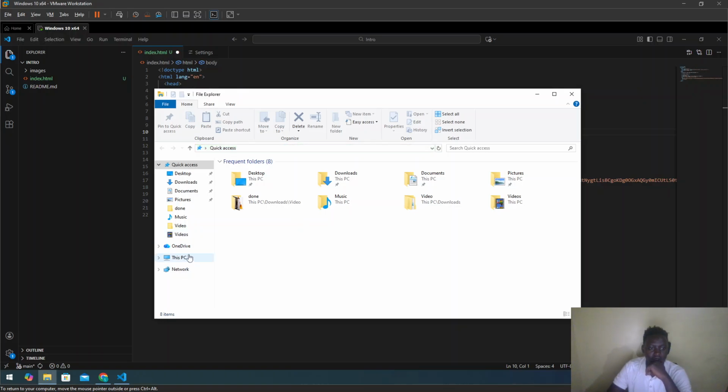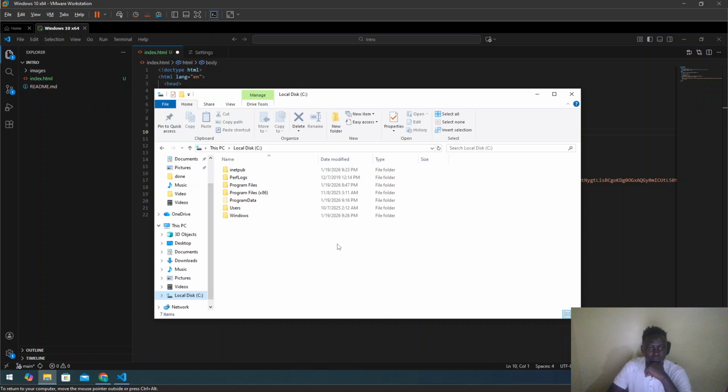Okay. So yeah, you can see if I come to this PC and I come to disk C, you can see what you are getting here, right? I have this up button, right? So if I go to users, you can see I have this back button, right? So this will go back once,